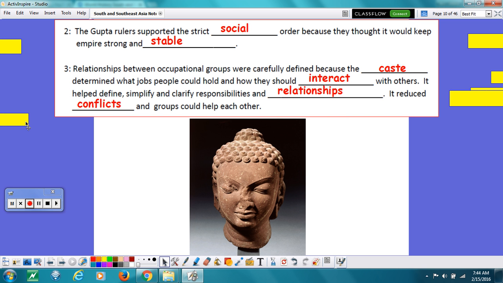So when we look at this today, even though the caste supposedly is gone, some of these rules are still kind of evident in Indian society. And yet, even though they're separate, the different castes depend on one another throughout society. You know, one could not survive without the other.